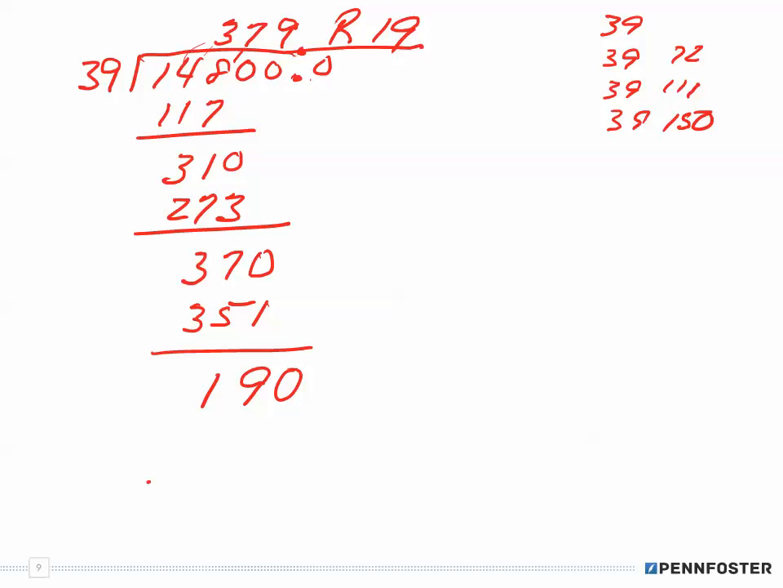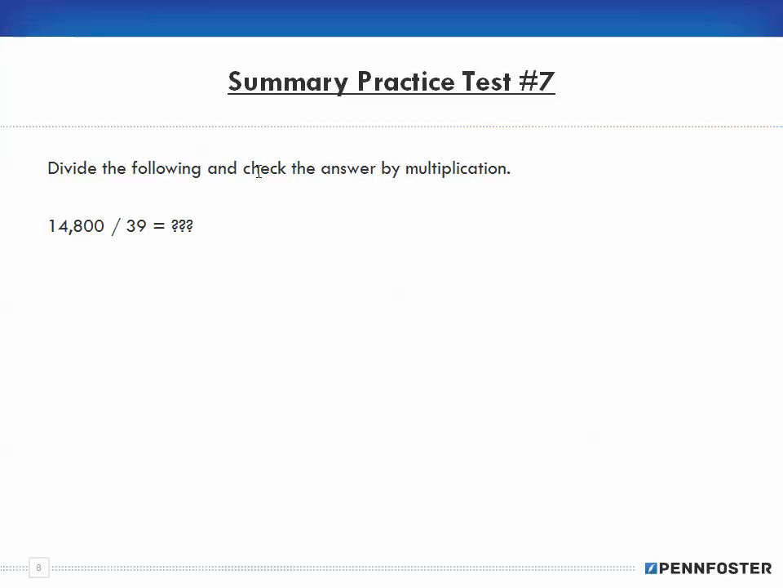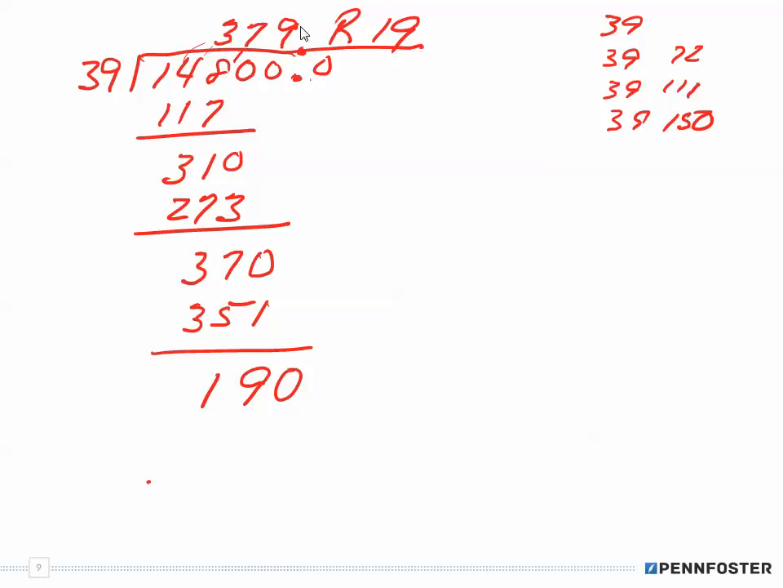Okay, so now if we go back to what the question was saying, all right, divide the following and check the answer by multiplication. So now we have to check the answer by multiplication. All right, so I have 379 multiplied by 39. And whatever we get for an answer, we have to add in this remainder of 19 in order to come up with the